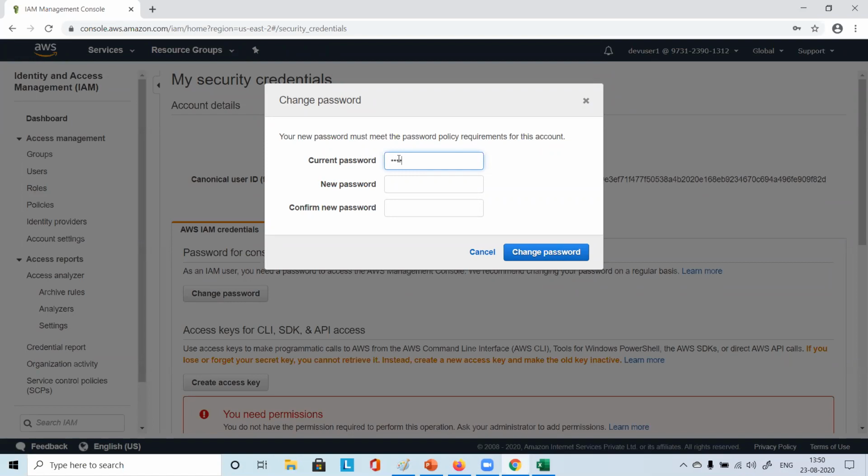So just see, I'm giving a very small password.